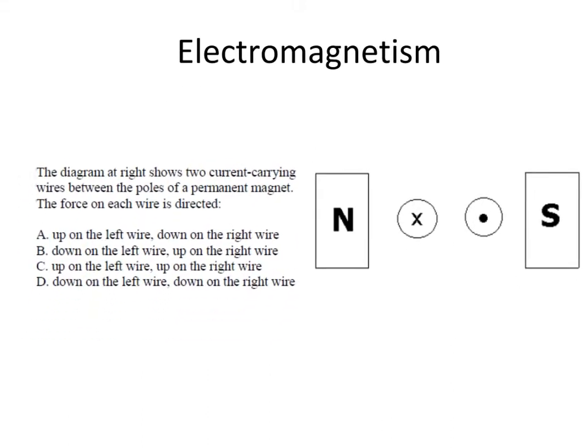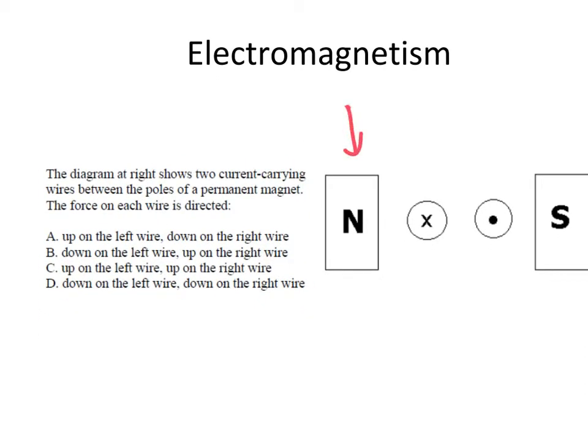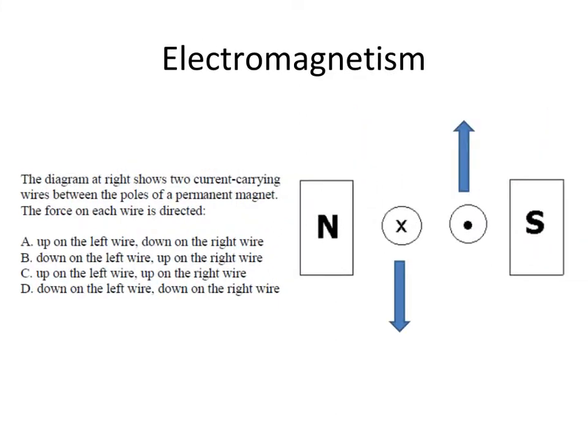So these are the poles of the permanent magnet right here. And we've got our wires in the middle, one marked with X, one marked with a dot. So the force on each wire is directed. Let's see what's going to happen here. On the left wire, we'll have a force acting downward, and on the right wire, we'll have a force acting upward. Why is that? Well, remember, if we draw the magnetic field for the permanent magnet, then that will go